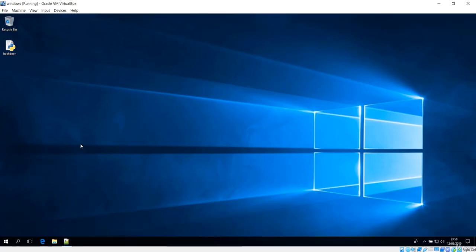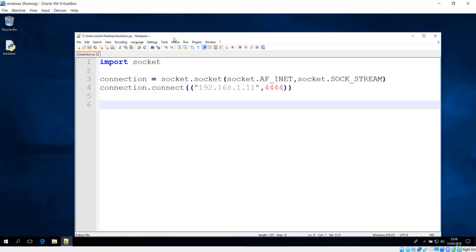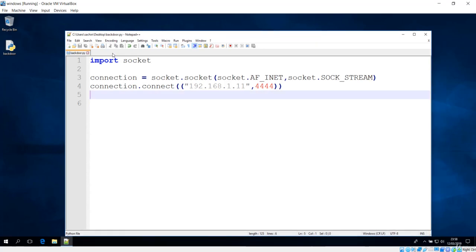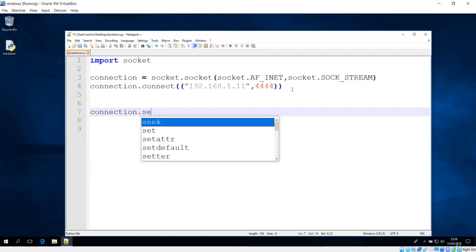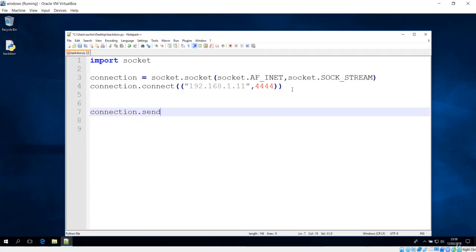So first of all, let's go to the window. Let's open the module that we created in the previous lecture, which was this Python file. You can clearly see we have the connection established on this IP and on this port. You can also put another port over here. After that we have to send data. In order to send that, we make use of the send method, which will send some information back to the server. So let's see how this is done.